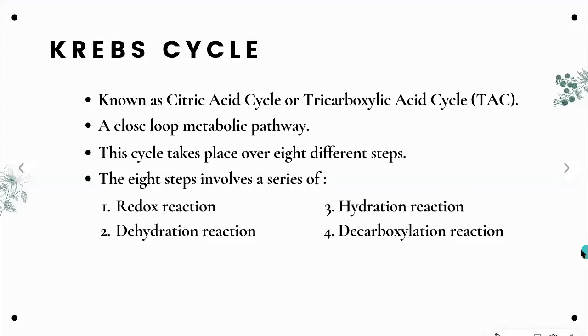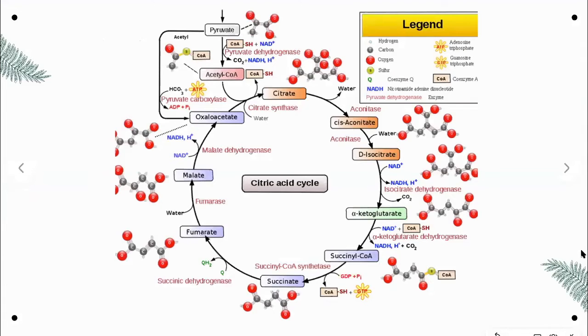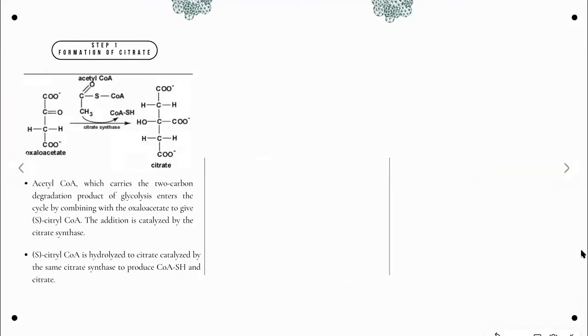The 8 different steps involve a series of redox, dehydration, hydration, and decarboxylation reactions. Now, let's look at what happens in every step together. So this is an overview showing the whole process involved in the Krebs cycle. The first step of the Krebs cycle is a condensation step, combining the 2-carbon acetyl group from the acetyl coenzyme A with a 4-carbon oxaloacetate molecule to form a